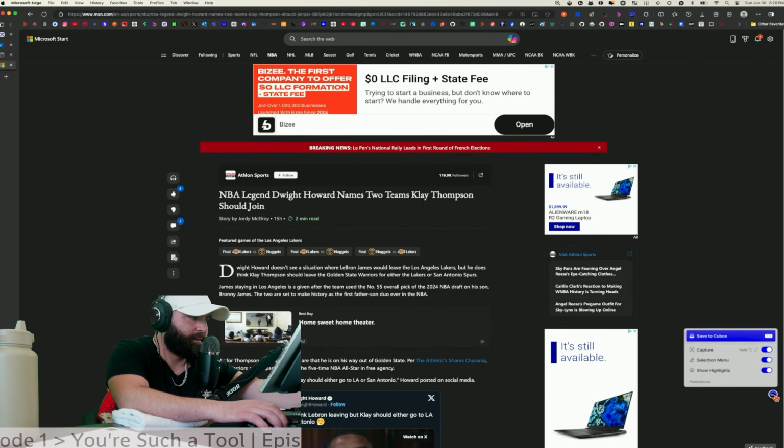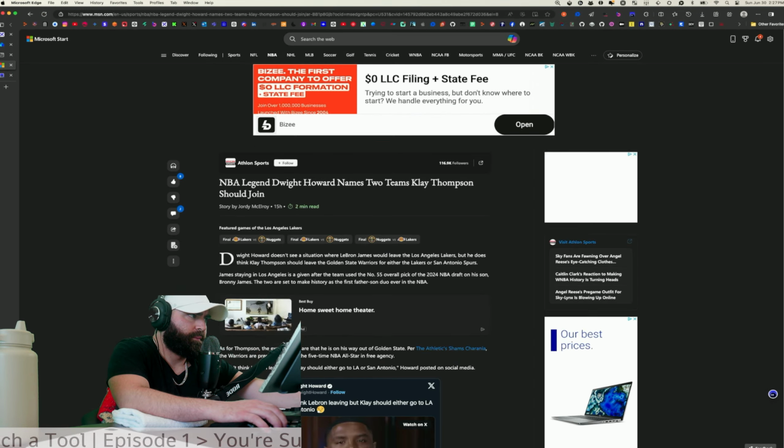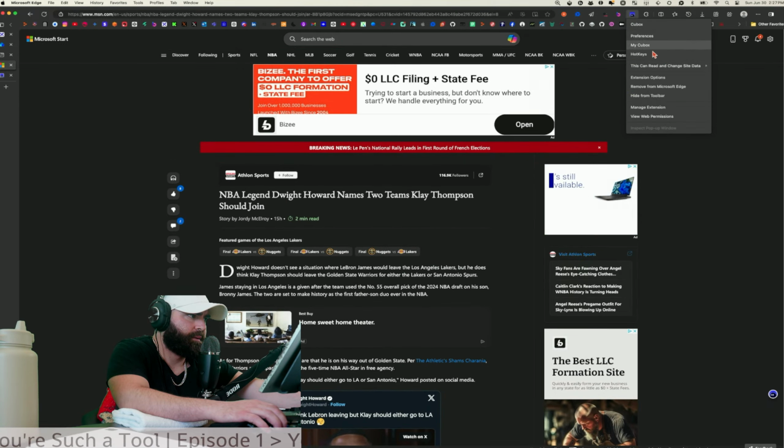Maybe I can't on this. Show floating button, yeah. Enable. After saving. That or Microsoft blocks it, I don't know. Preferences.